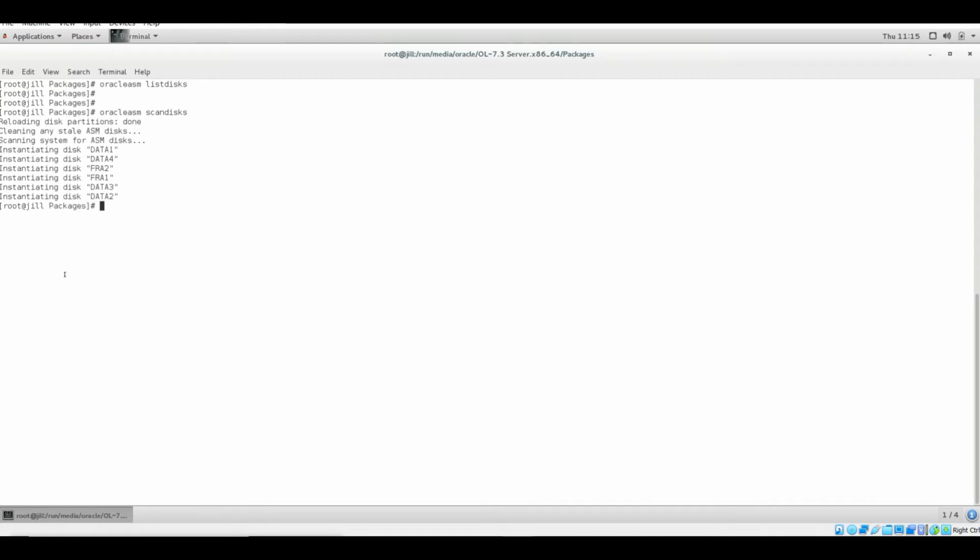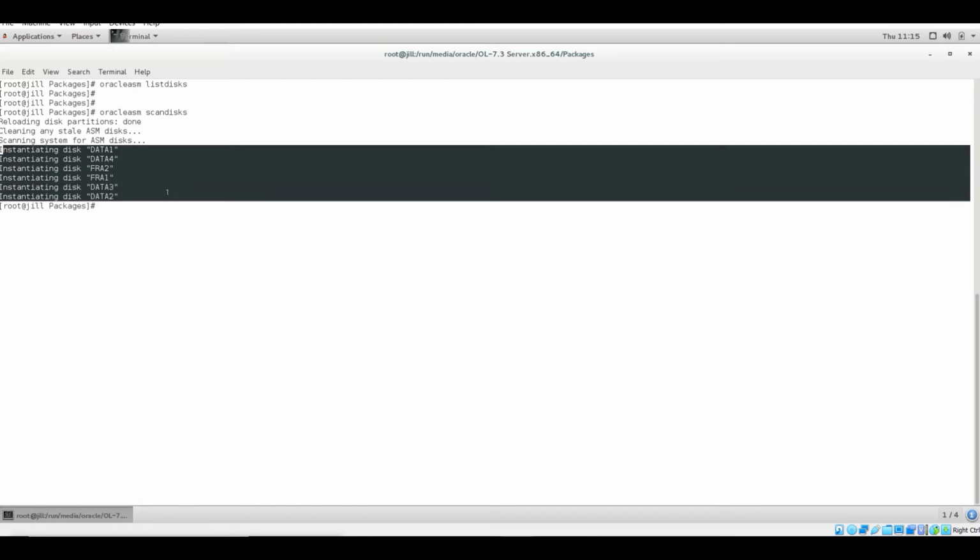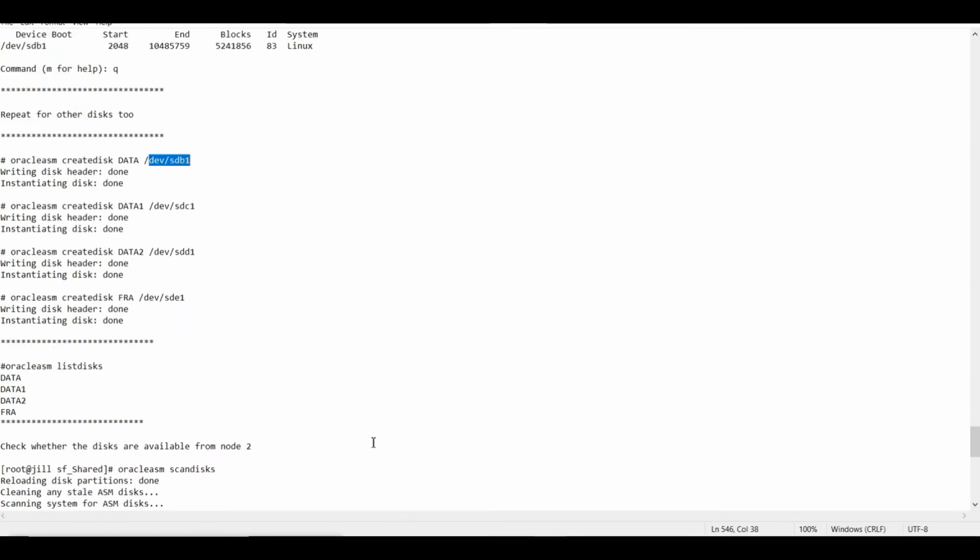So scanning the disk, it got these disks. So okay, my neighbor has created these disks. If you scan the disk now, it's not scanning anything else. So my neighbor has not created anything else. Means those were the only disks which have been created by my neighbor. So yes, now I have this in my registry also, and I can list the disk. That is what my Node 2 is saying. So my Oracle ASM has been installed and the disks have been created in both my nodes.